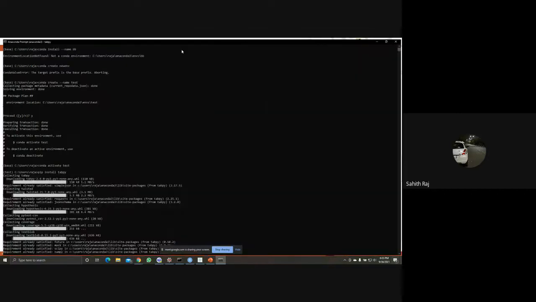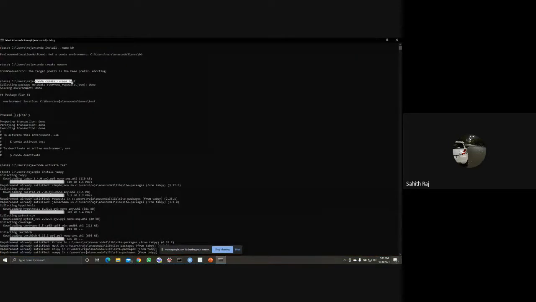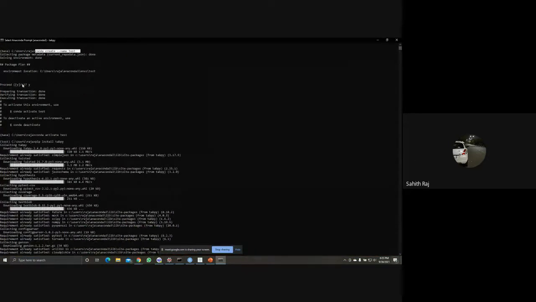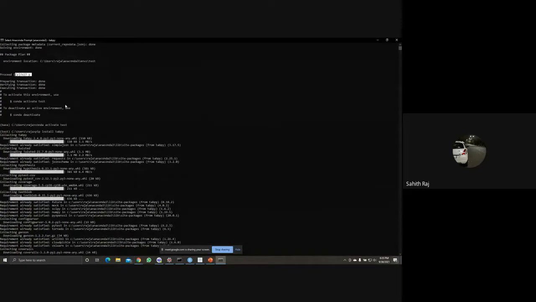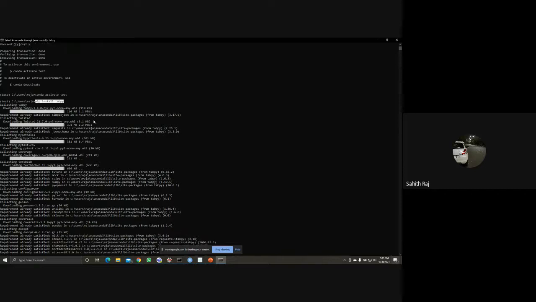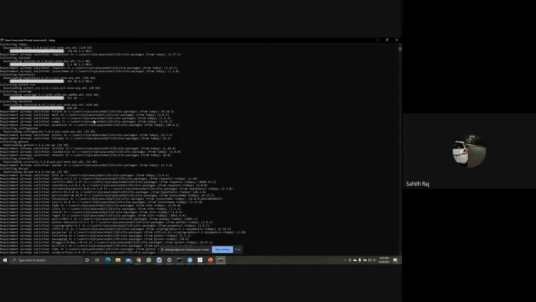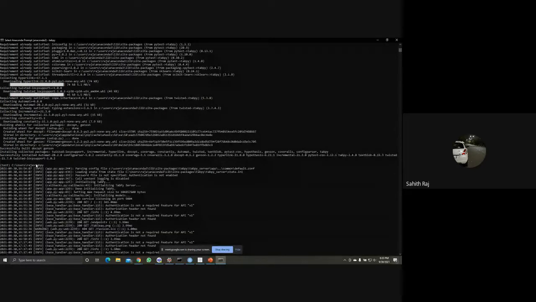Soon after that, it asked me to proceed to install a few other useful dependency packages. Then I activated the environment and started to install TabPy with the normal command, pip install tabpy. After installing, I just entered tabpy.